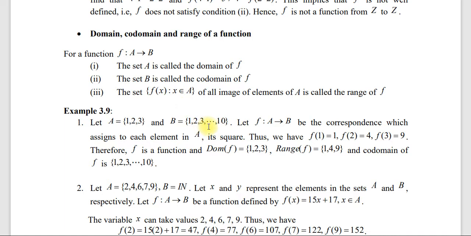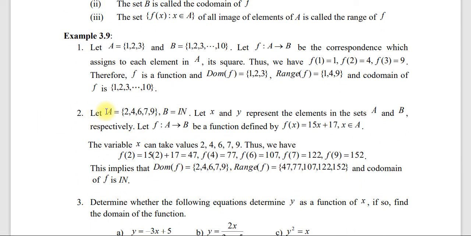b ውስጥ ያሉ ስብስቦች ኮዶሜን እንላቸዋለን። ስለዚህ ሬንጅ is a subset of codomain። ያ ማለት ነው 1 4 9 is a subset of 1 2 3 4 5 6 7 8 9 10 ስለዚህ በዚህ ውስጥ ይገኛል ማለት ነው የቫልዩ ሰው ምን እንላለን? range is a subset of codomain እንላለን ማለት ነው።